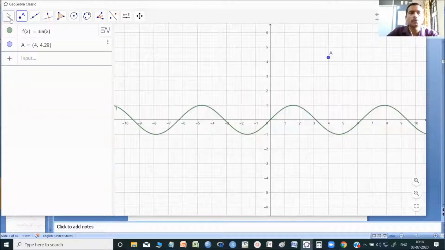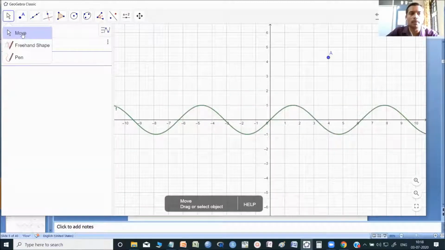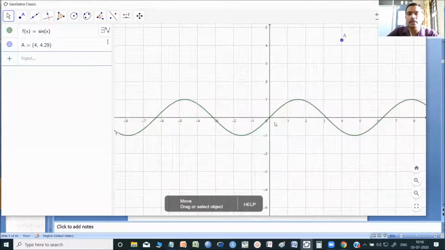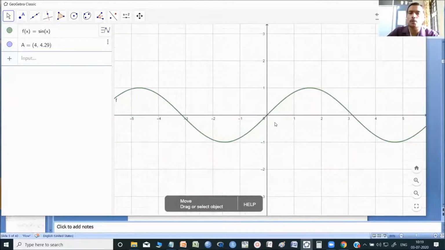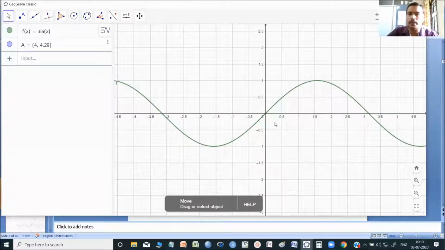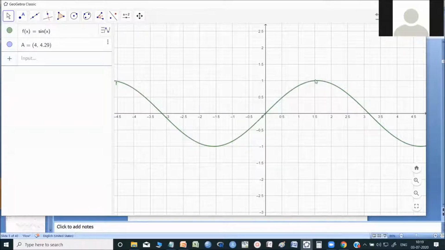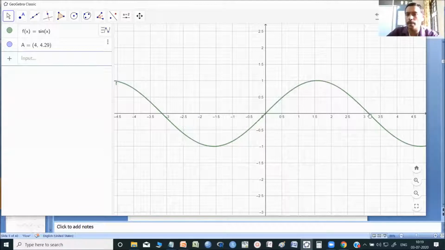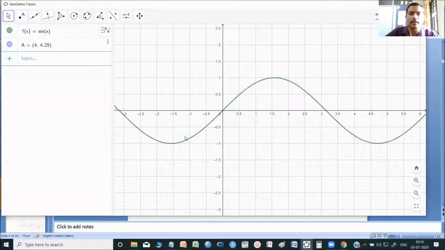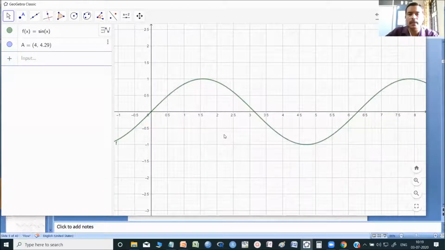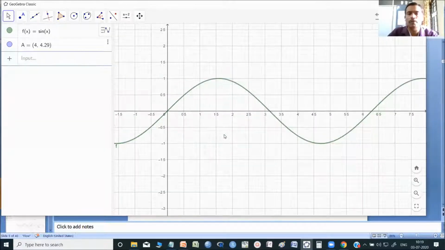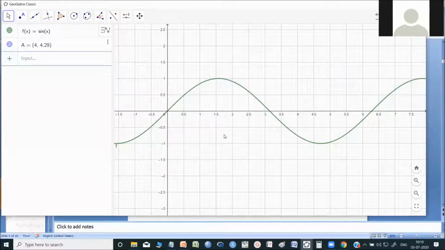Okay. So if you use the leftmost button, that is the move button, you can move this. You can zoom it and show it bigger if you want. For example, sine is defined from 0 to 1. The maximum value of sin x is 1, and it goes from 0 to pi, it takes the maximum, and then negative values from pi to 2 pi. So you can show all those things by moving. If you want to increase or decrease the scale, you just have to scroll using the mouse button. Hope it is very clear.